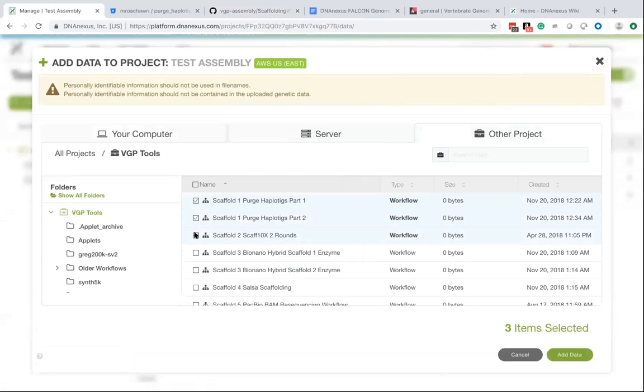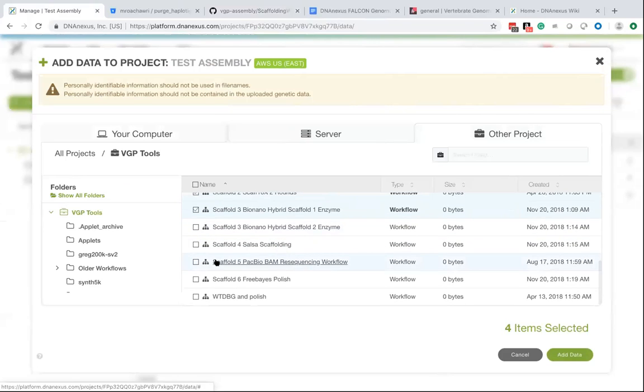And then based on what Bionano data is available, if there's Bionano data available from 2 enzymes, you can use this scaffold 3 2-enzyme workflow, or if there's data available from DLE or only 1 enzyme, you can use this 1-enzyme workflow. And then you would add in steps 4, 5, and 6